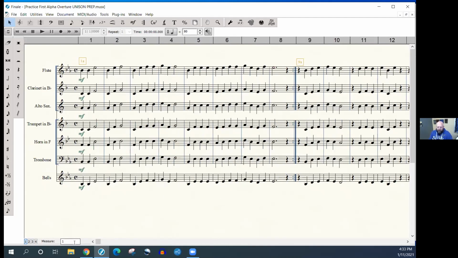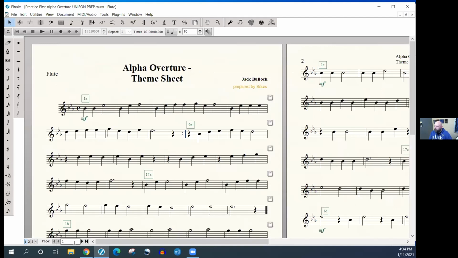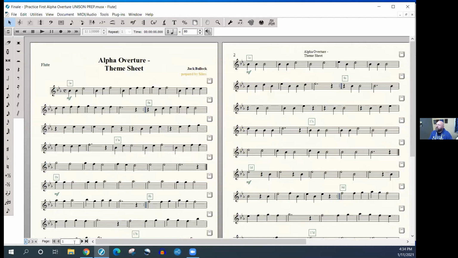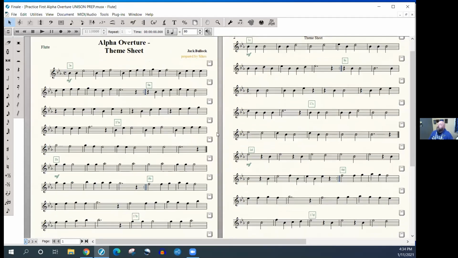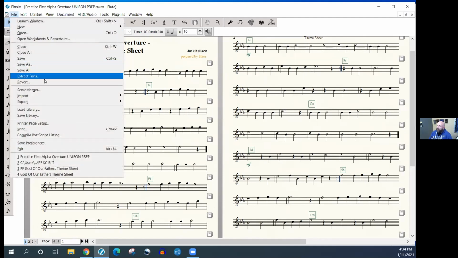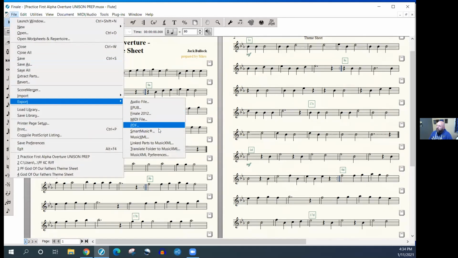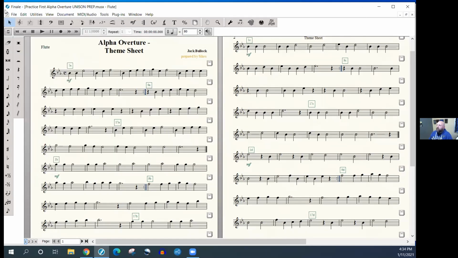So when I give it to them, you see Alpha Overture. Everything is in Finale right now. Here's how the parts look. And I'm going to do a demonstration a little bit later, but this is where I take the material from here, use the export MusicXML file, and then turn it into some of the material that I use for